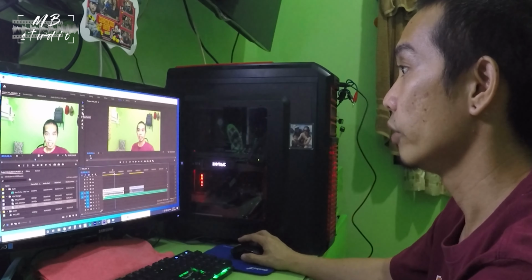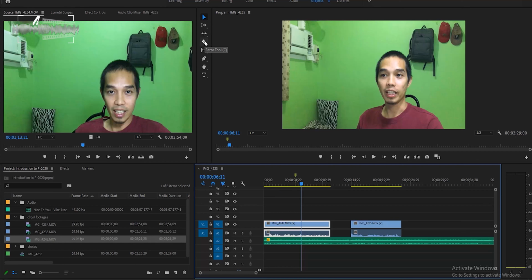The second is the razor tool. So this tool is for cutting the clips. So for example,